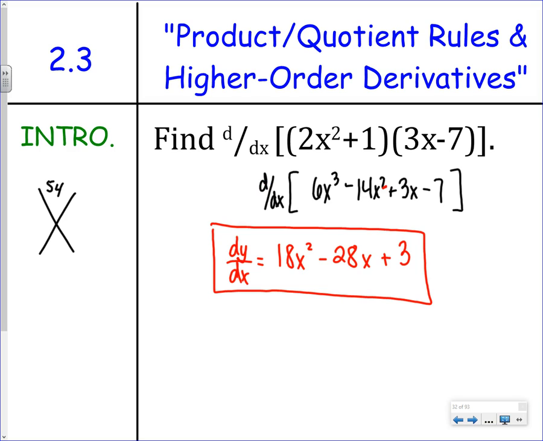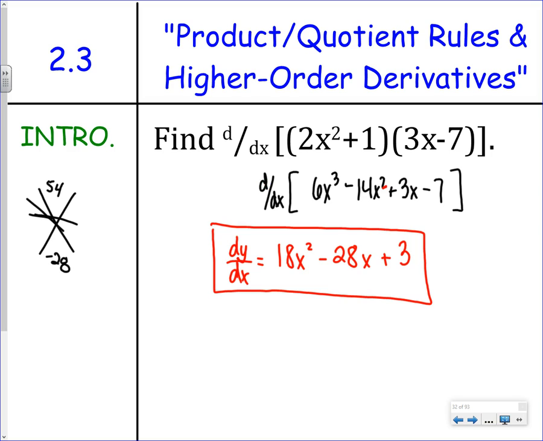Factors of 54: 1 and 54, 2 and 27, 3 and 18, 4 doesn't go in, 5 doesn't go in, 6 and 9. None of those make 28, so it's impossible to make it negative 28, so the only way that you could solve for the zeros would be to